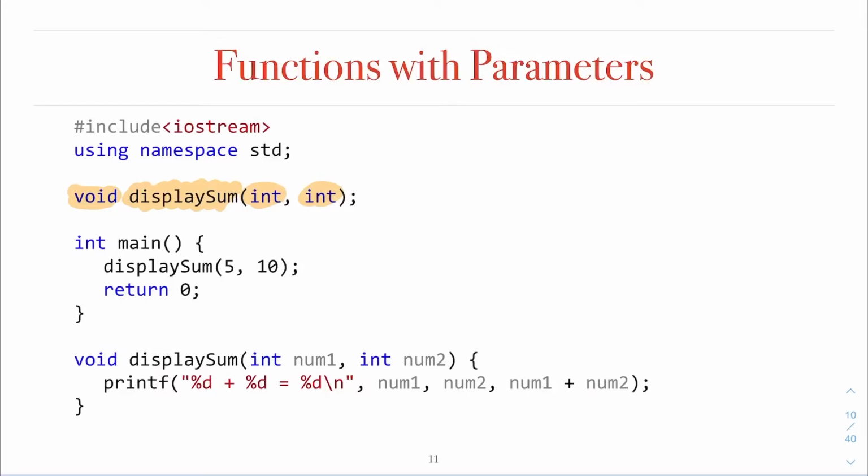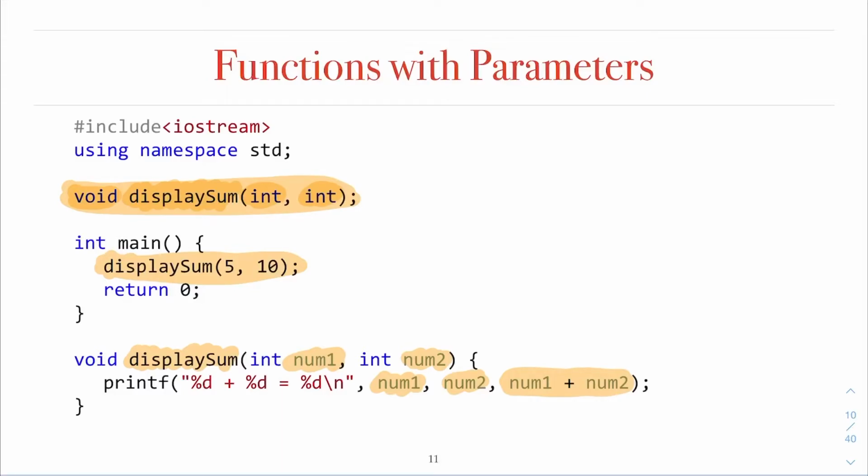The declaration above says nothing about the parameters' names, but the definition below needs parameter names. It's obvious, because you are going to use those parameters inside your function. Therefore, you need a name for each parameter, while in the declaration you only need to tell the type of the parameters, so that the compiler knows how to activate the call.